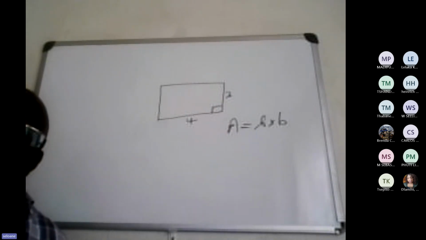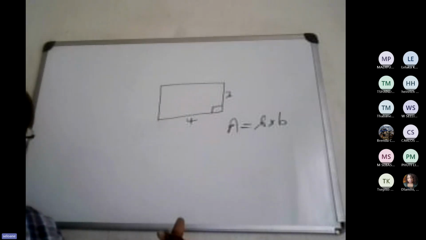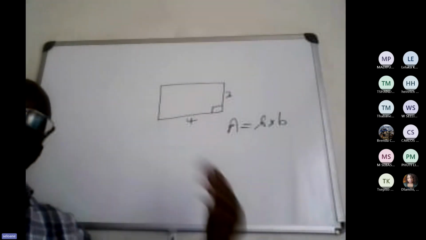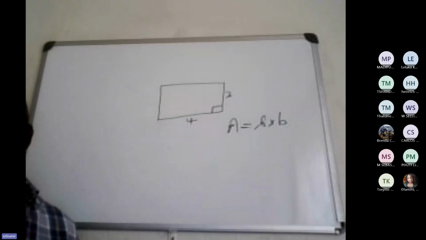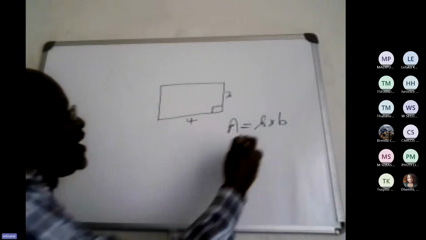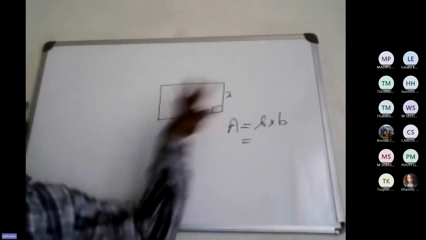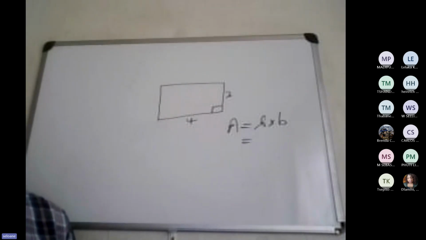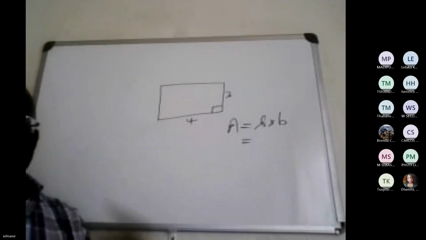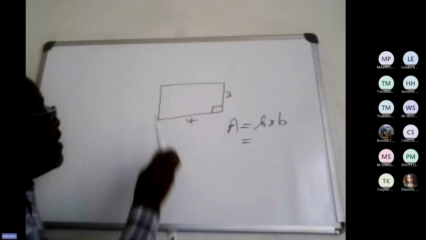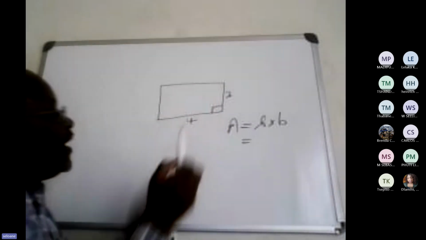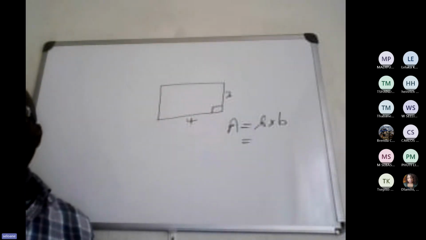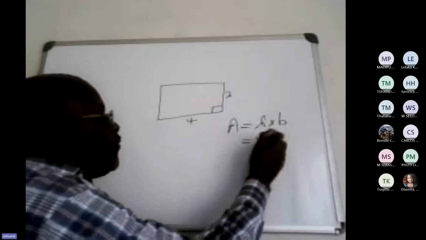It's a rectangle. There's a formula for that. Just like a triangle, there's a formula for the area of a triangle, and there's a formula for the area of a circle. So now here, it is just to plug in. What is L? Obviously, L will be the distance from here to here, which here we have said is 4. Therefore, it will be 4